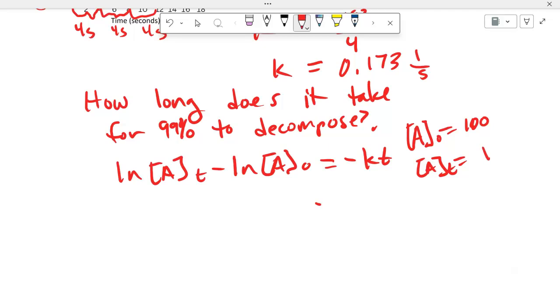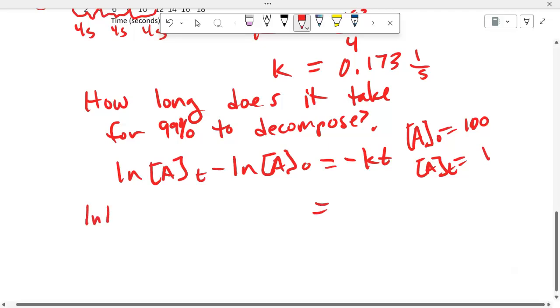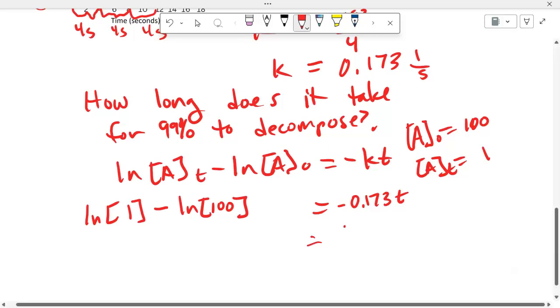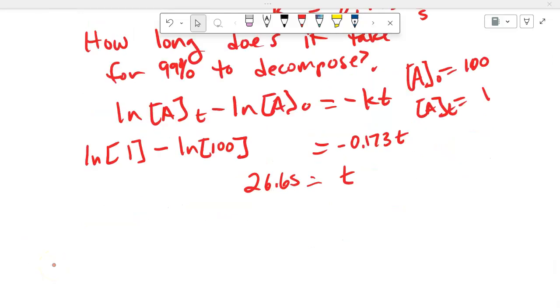And so if we substitute those in, I'll put those in and do the math here, and then we'll go over it. So I've substituted the numbers in here. Natural log of 1 minus natural log of 100 equals negative 0.173 t. And then we're just going to solve for t, and I'll do that on my calculator and come back to you. Okay, after I do that math, combine these two terms and then divide by negative 0.173, I get 26.6